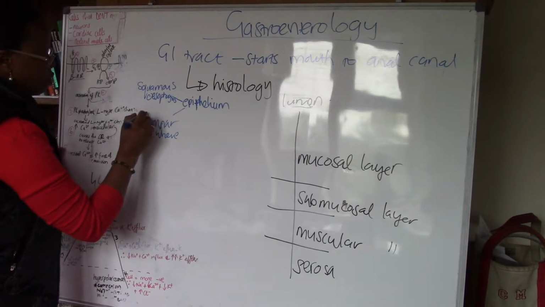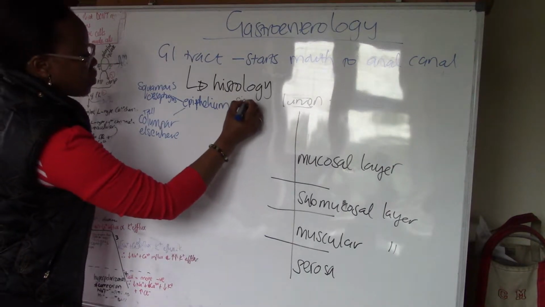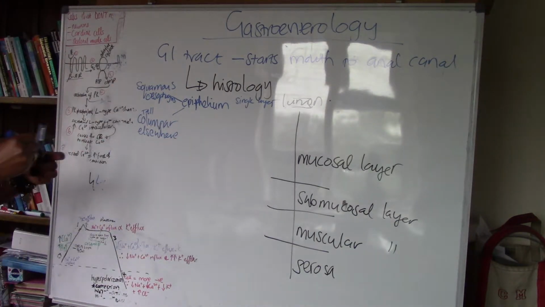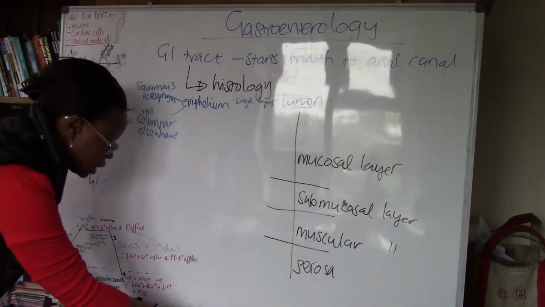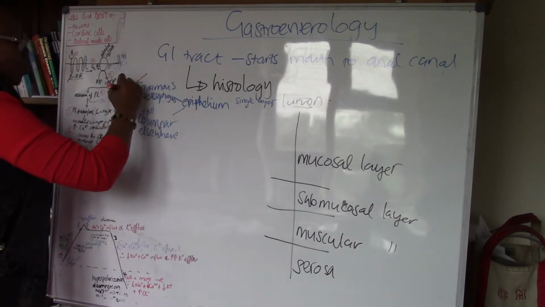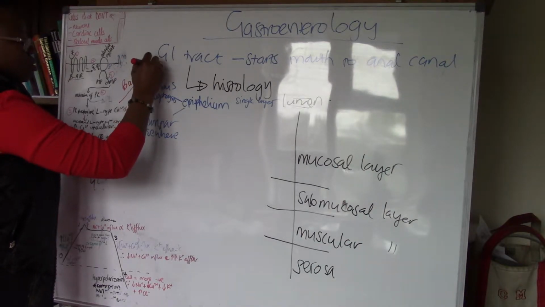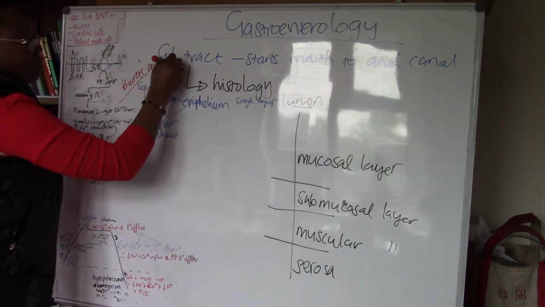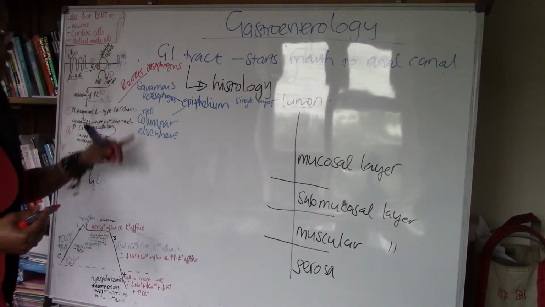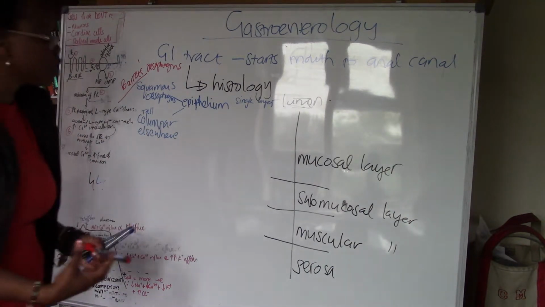When I say columnar, it's tall, and it's a single layer. This distinction becomes quite important when I look at pathologies, particularly Barrett's esophagus, where there is metaplasia from squamous epithelia to columnar epithelia due to the gastric secretions from the stomach